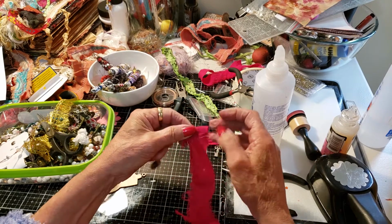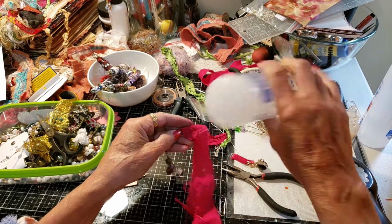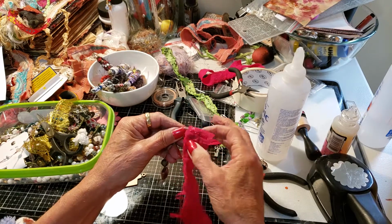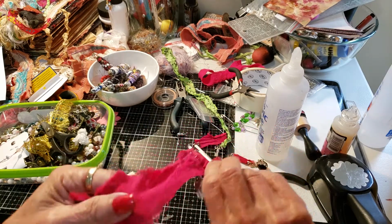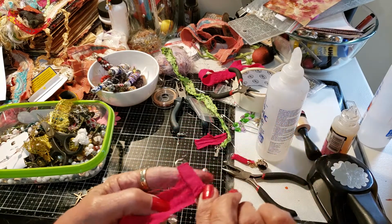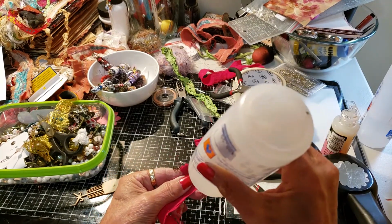I'm just getting in a mess, because using fabric glue, you do get sticky. That's the problem. So I do want to leave room there to put a pin. And then I'm starting to wrap, and because I want it to continue to stick,